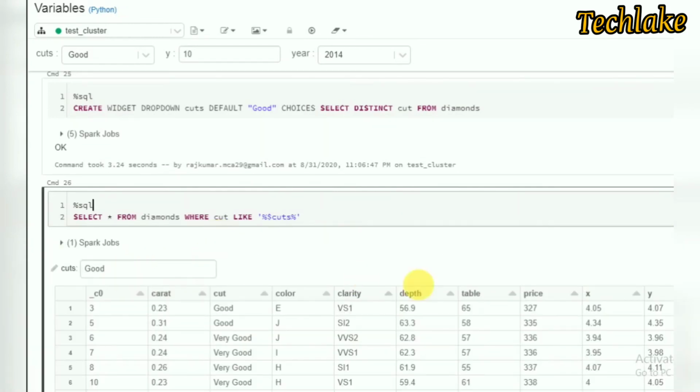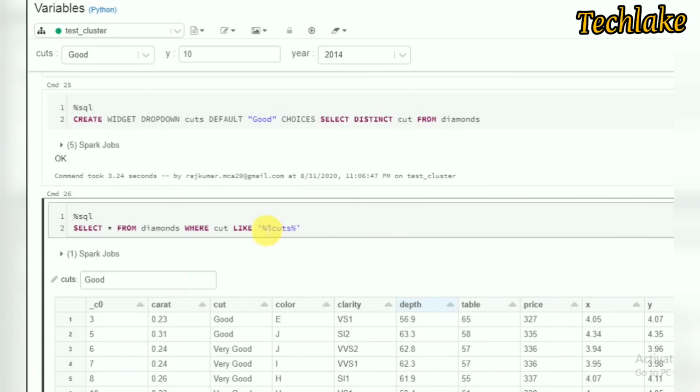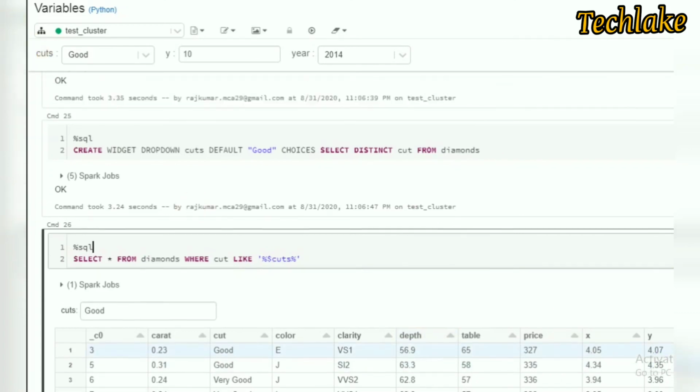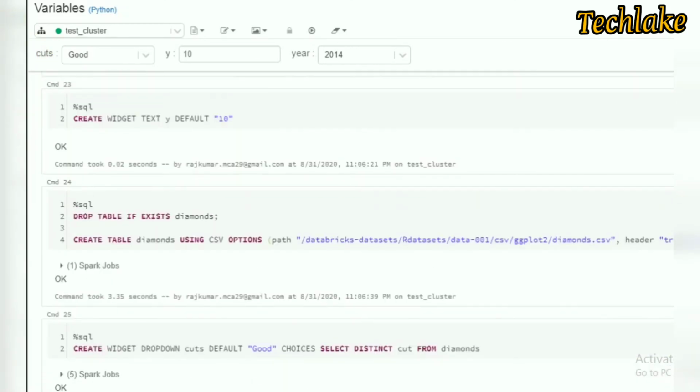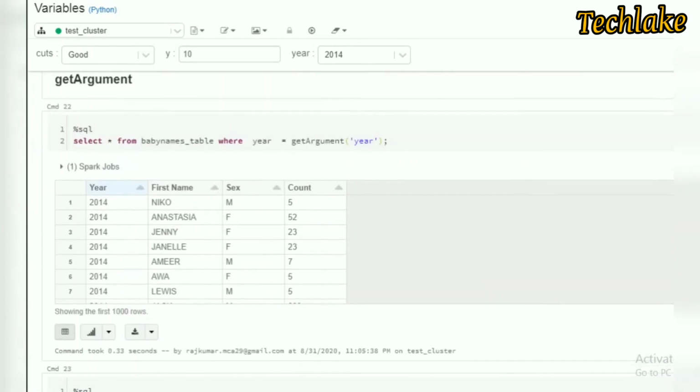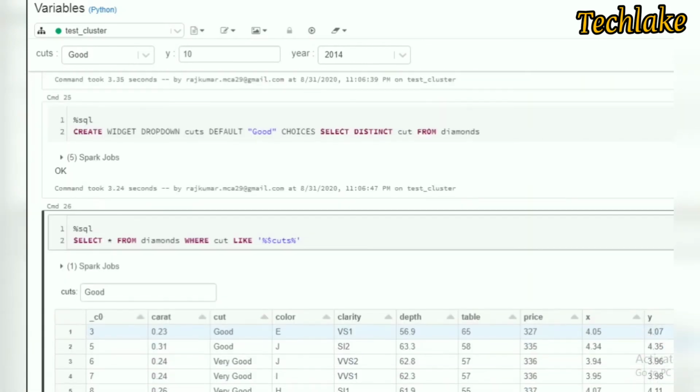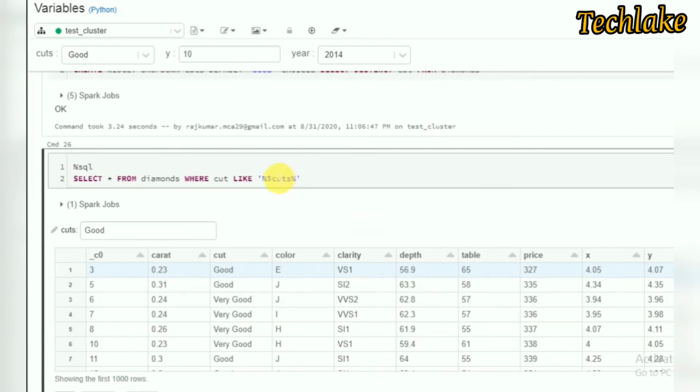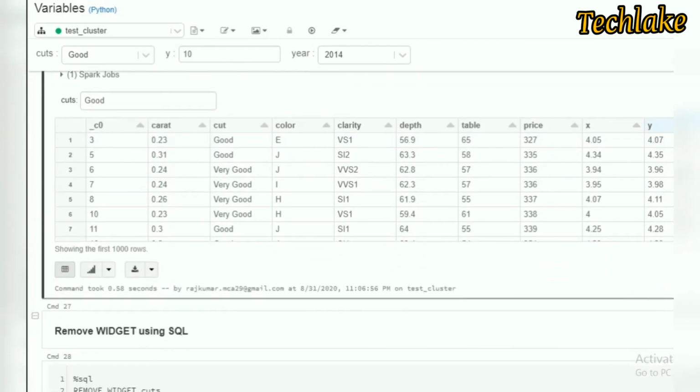See here. Okay, there is another way we can use it directly in the where clause. In select queries we can use it like this, with a dollar sign and the widget name. So one option is get argument, which we used here, and another one is dollar. Okay, so like this we can go for using widgets in SQL.